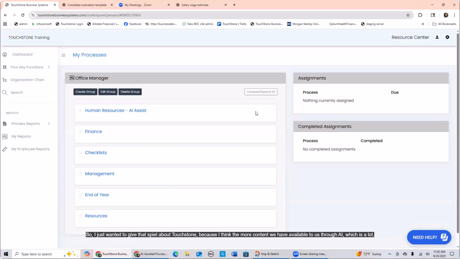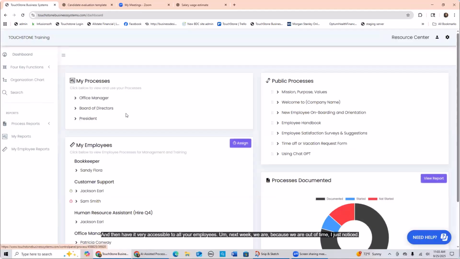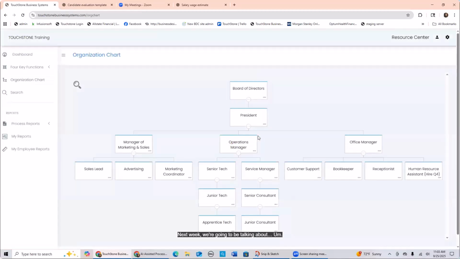So I just wanted to give that spiel about TouchStone because I think the more content we have available to us through AI, which is a lot, sometimes the more chaotic it is, the more confusing it is, the less useful it is. So TouchStone can simplify it if you put everything into it that is very usable and manageable, and then have it very accessible to all your employees. Next week, because we are out of time, I just noticed, we're going to be talking about